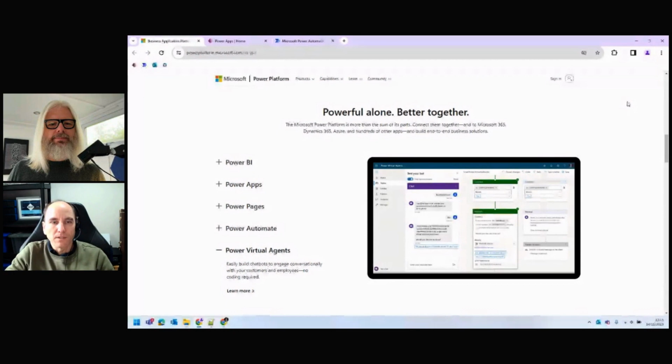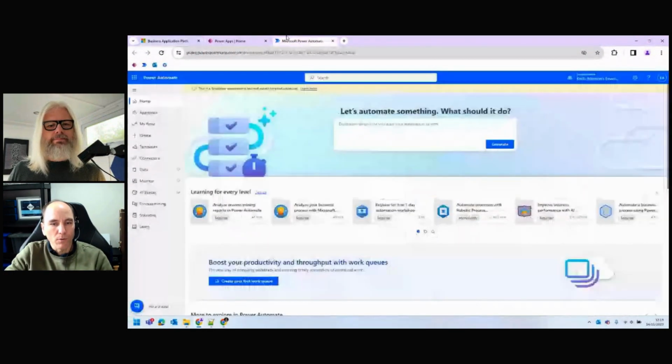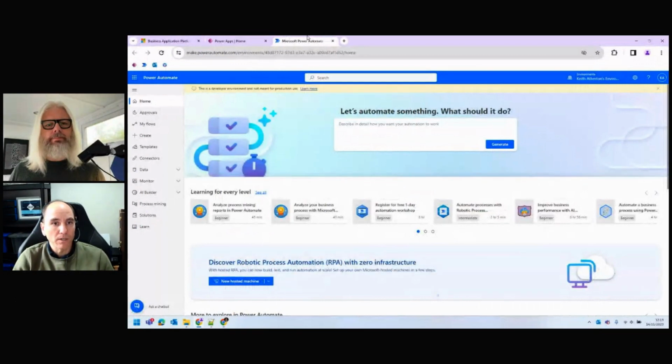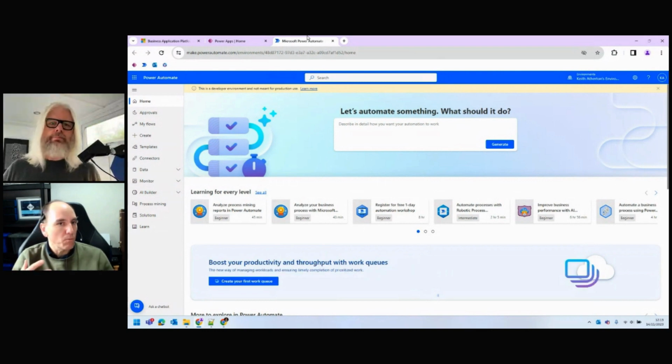Yeah, that's a great question, because I think certainly Power Automate, and I've got the portal open right here, has really evolved and grown since I first started using it. One of the great things with Power Automate as well as PowerApps is that they use what we call connectors to connect to other systems. Many of them might be, like in the screenshot example, Office 365 or OneDrive for Business, but also non-Microsoft systems, like Google or Twitter, or X as it's now called. And these connectors keep being added all the time.